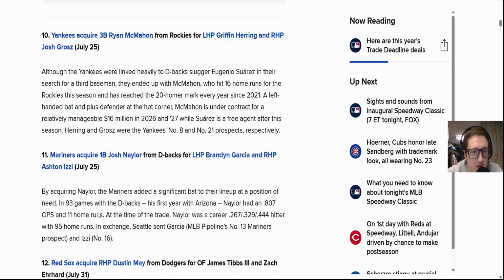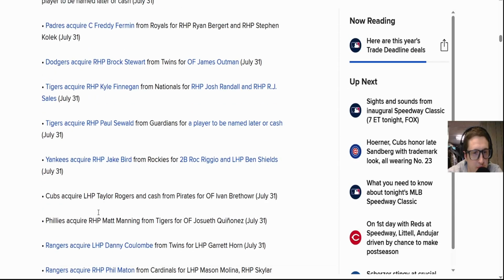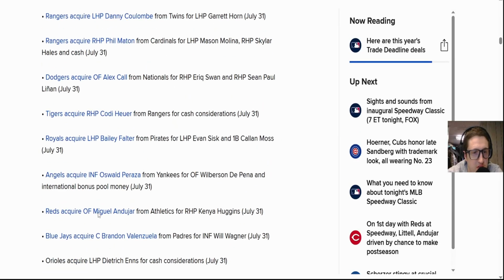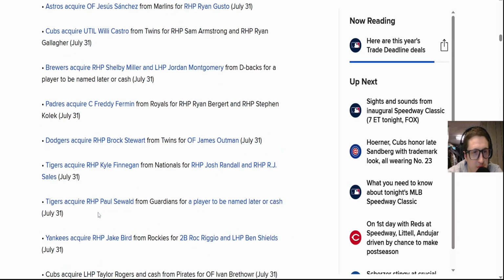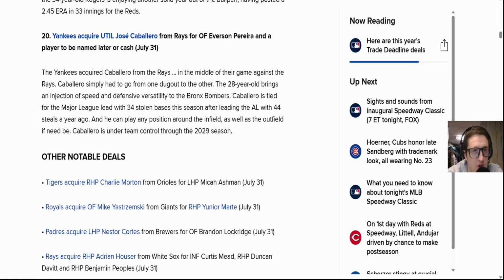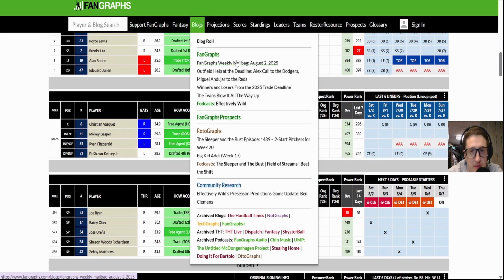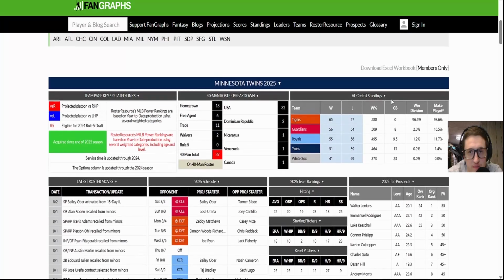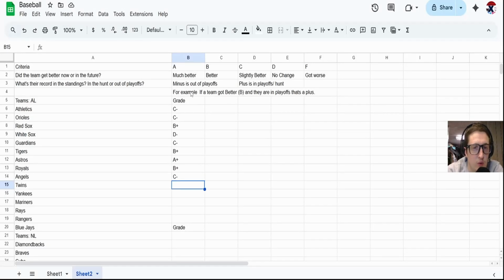I'm not trying to spend all the time on this one, but they traded away a lot of players. So I'm going to give them... This is a tough one because they're out of the playoffs. They're only in what, like 4th, right? Yeah, 4th place. I mean, they got better for the future, but like I feel like,